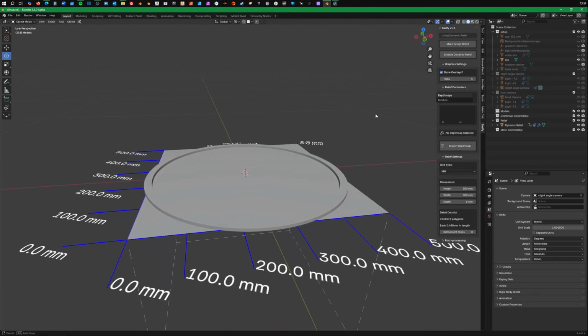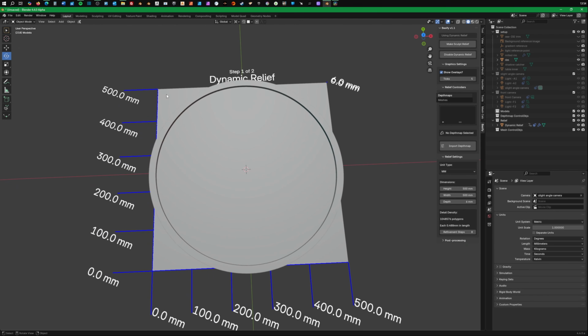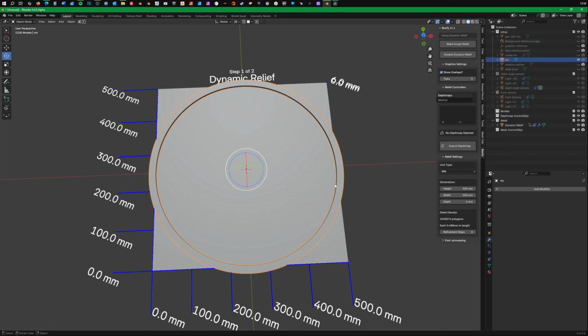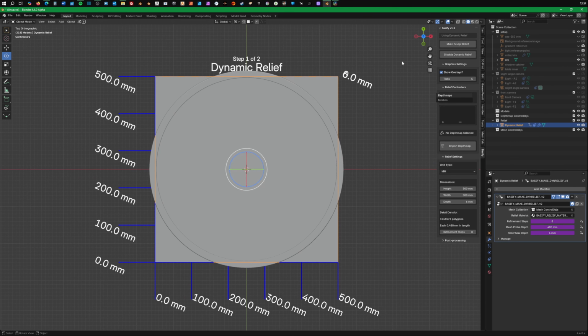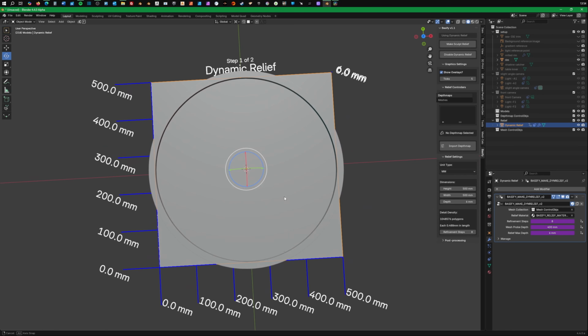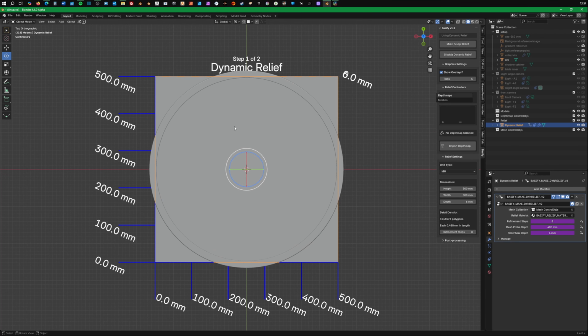What it is going to do, it has created a frame here. I've just put my standard coin runner over the top just to give us a bit of a frame, but it is going to allow me to create a relief from a collection of different objects underneath, and it's going to do that in quite a cool way.